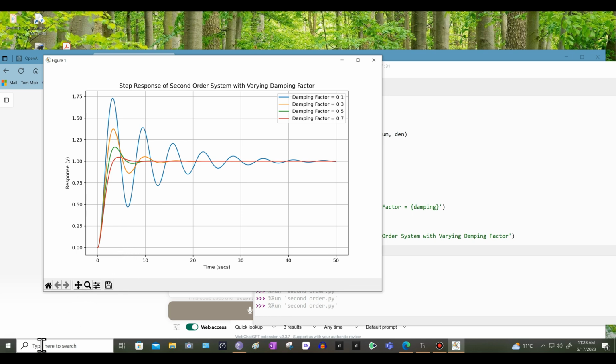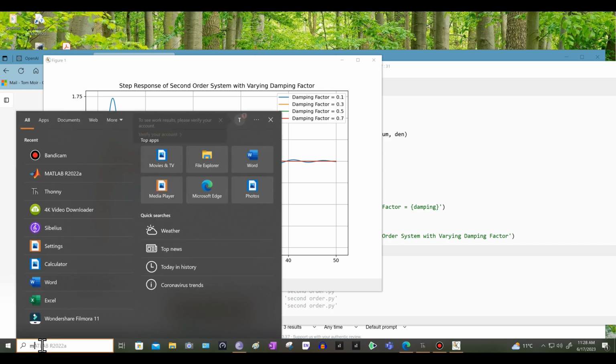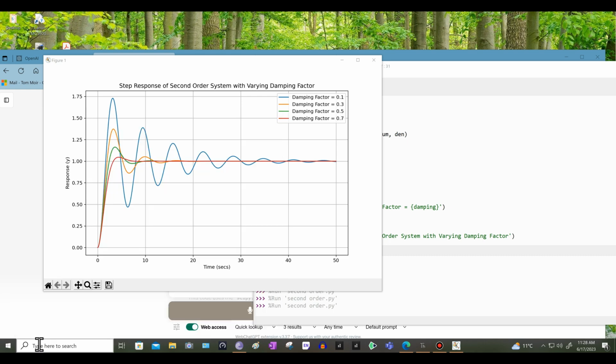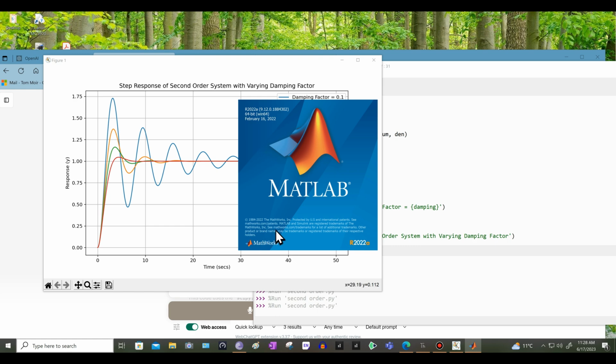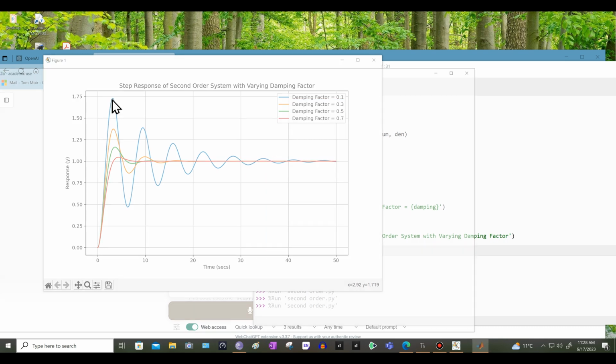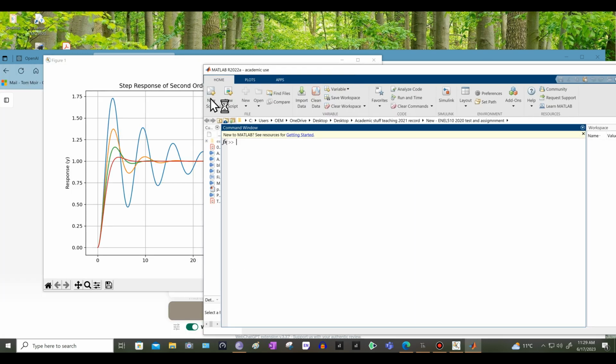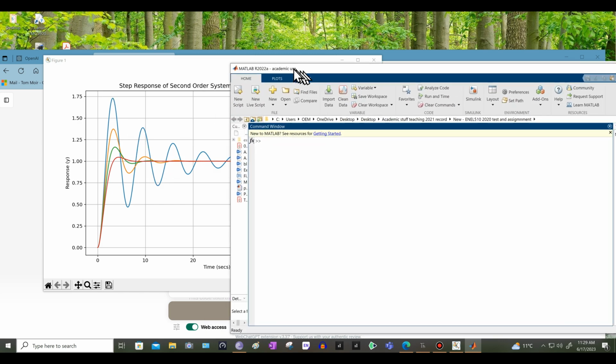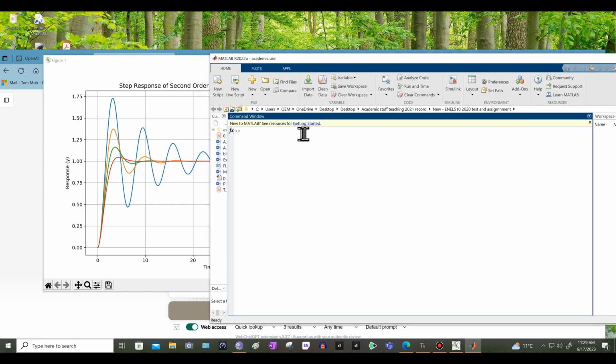However, is it right? So we'll just go to MATLAB and run it, and I'm not going to run all the different damping factors. I'll just pick a damping factor of 0.1, which should go up to just less than 1.75, and we'll check that it gives us the same answer. So it's got a numerator of just 1, and a denominator,